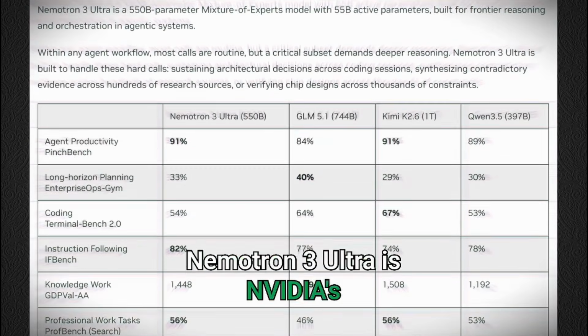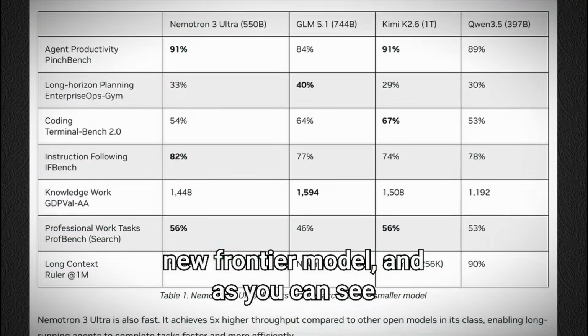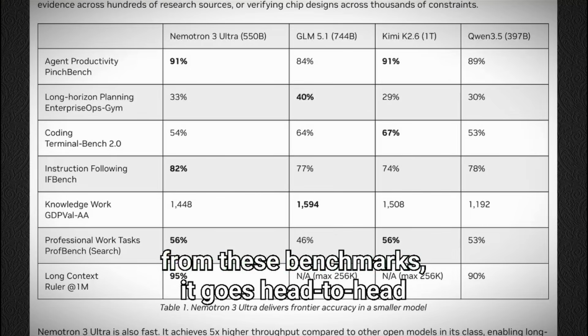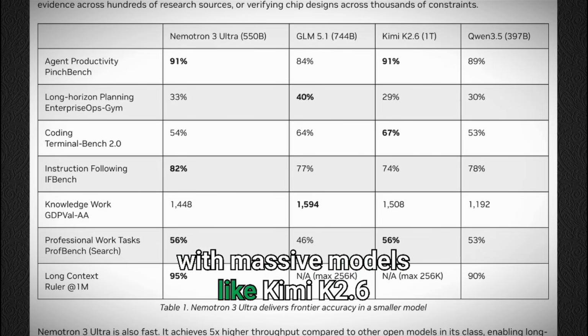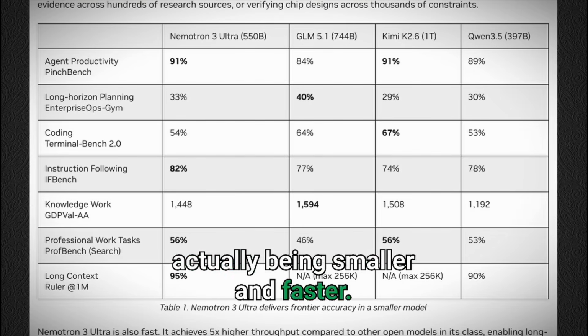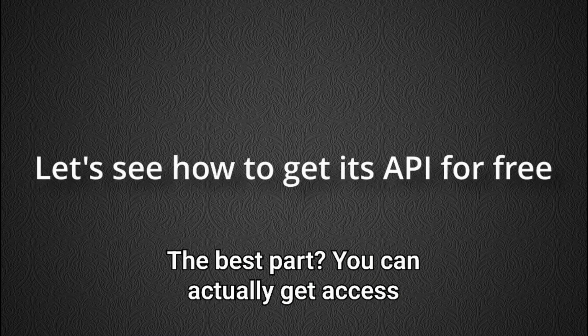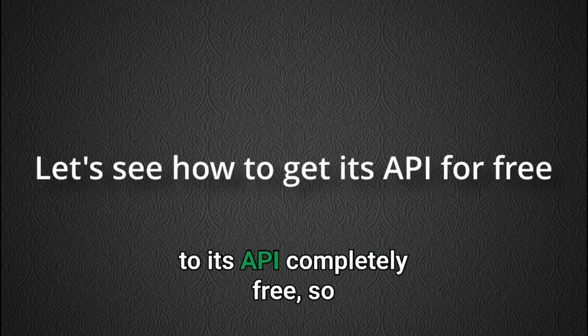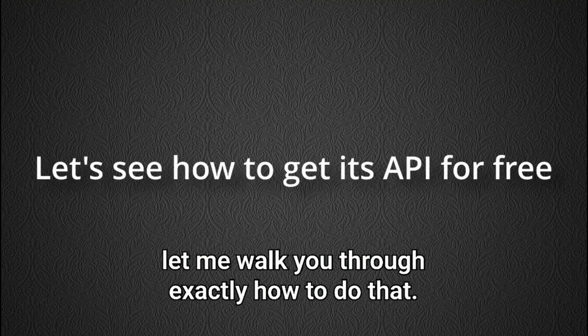Nemotron 3 Ultra is NVIDIA's new frontier model, and as you can see from these benchmarks, it goes head-to-head with massive models like Kimi K2-6 and GLM 5.1, while actually being smaller and faster. The best part? You can actually get access to its API completely free, so let me walk you through exactly